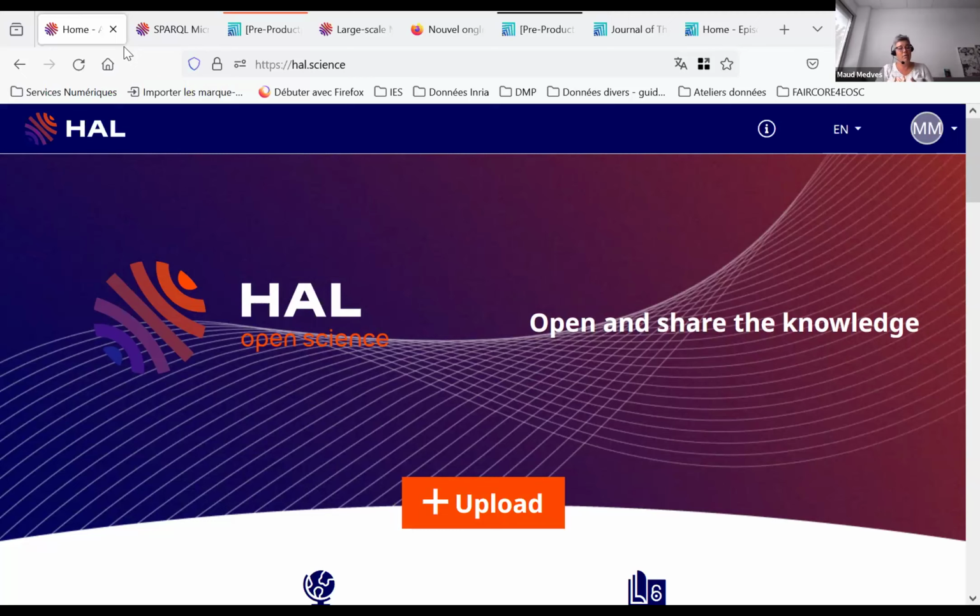HAL, if you don't know it, and I guess you don't necessarily do, is the national repository in France. It does host the vast majority of French publications. It is multidisciplinary, and most universities and research performing organizations in France do have a portal on HAL. Episciences, on the other hand, is a publishing platform